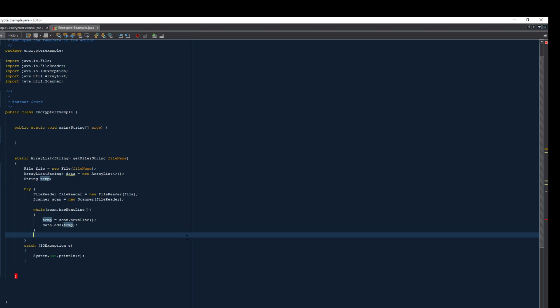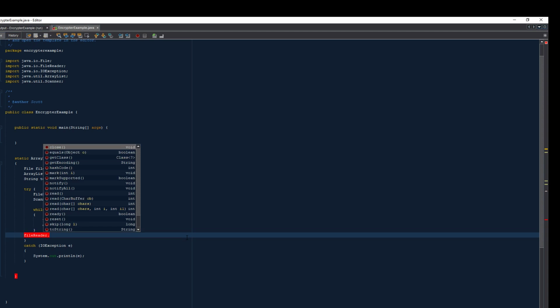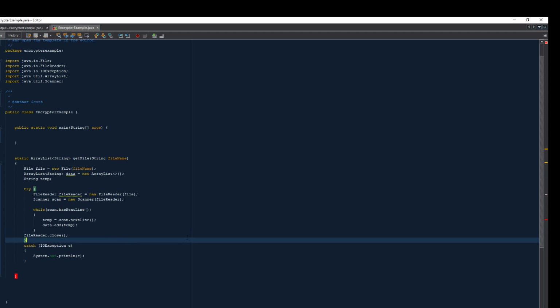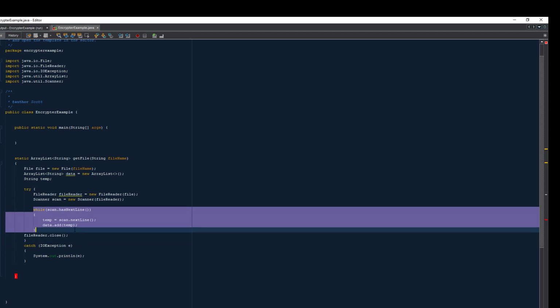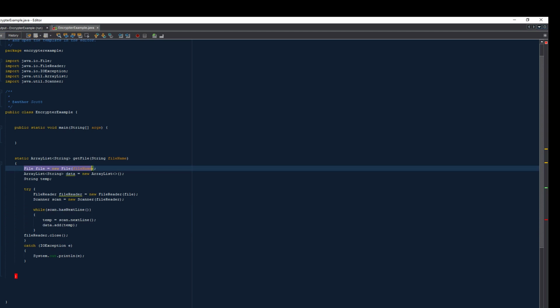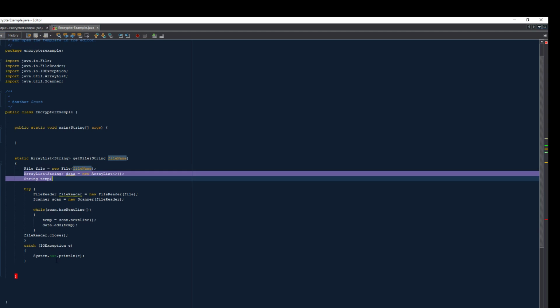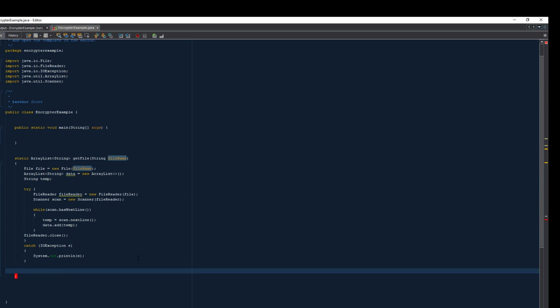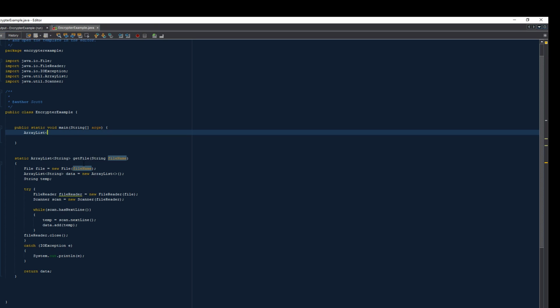Once this is done, I want to make sure that I take my file reader and I close it so that it's done scanning. And what I have now, by the end of this whole while loop, is the entire file stored in this array list. Now, what I need to do at the end here is I need to return that data to whoever's asking for it. Now, what I can do in my main up here is I can create an array list of